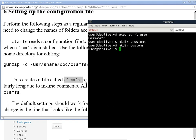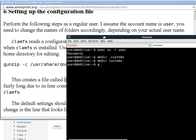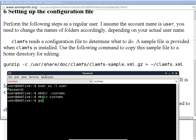So I'll do exactly that command here. Gunzip is kind of like unzip in Windows, except it only applies to gzip formats. It does not apply to the usual zip format. So what this does is it will